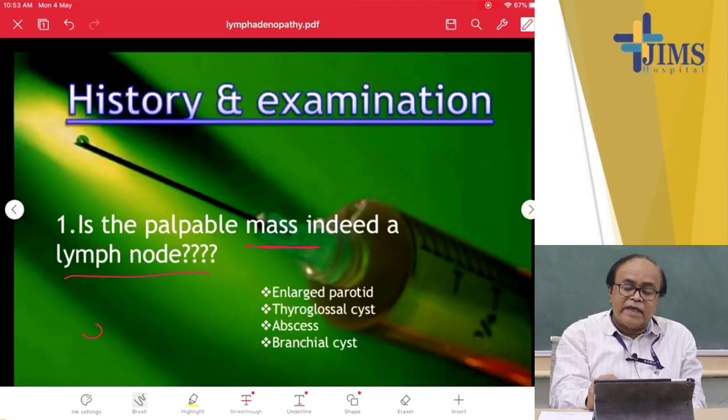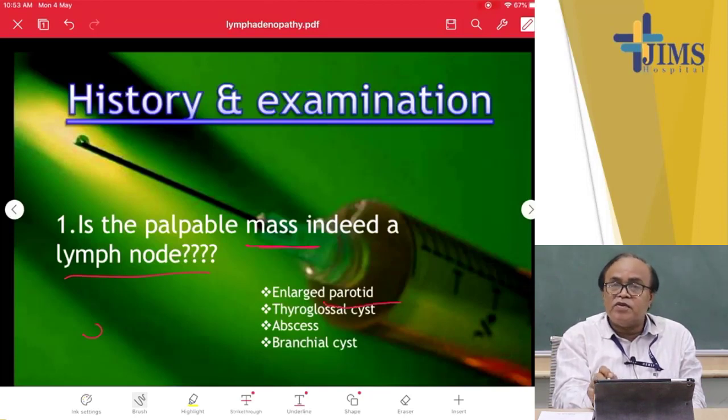So, in the pre-auricular region or post-auricular region, it may be due to swelling of the parotid gland. So, you have to exclude. Then in the midline in the neck there may be swelling. So, thyroglossal cyst you have to exclude, or there may be a simple abscess. A tense abscess may feel firm to hard, but it is not a lymph node. Branchial cyst, this is a congenital abnormality,